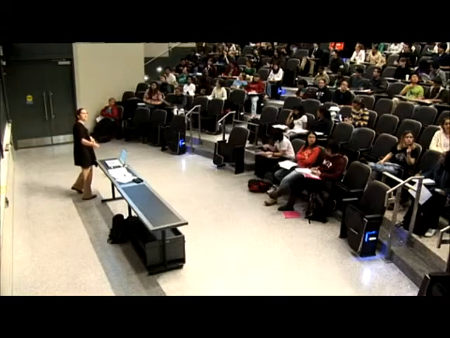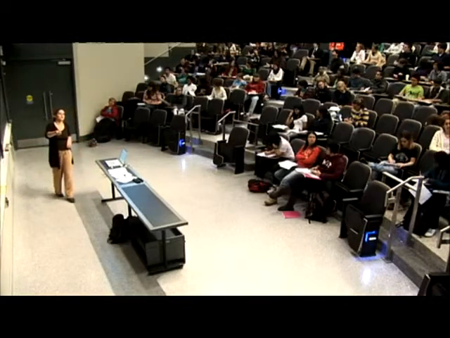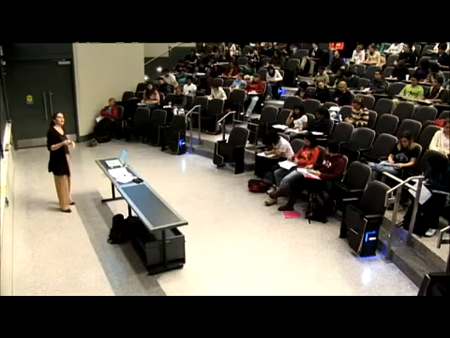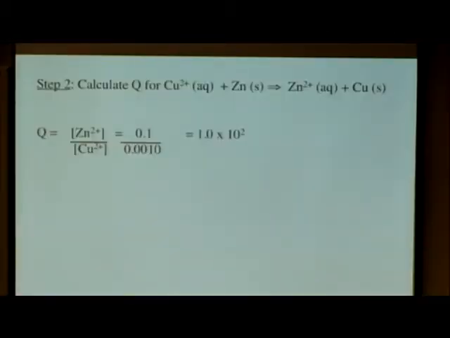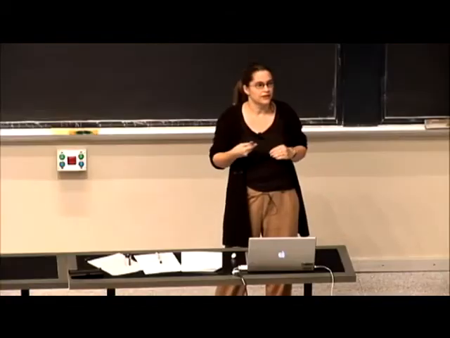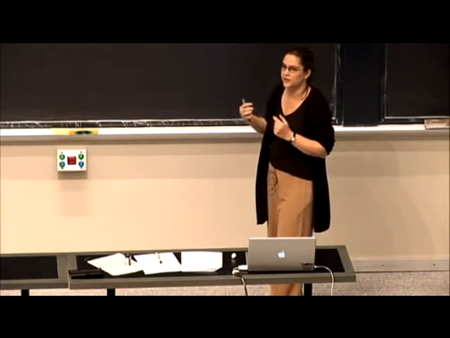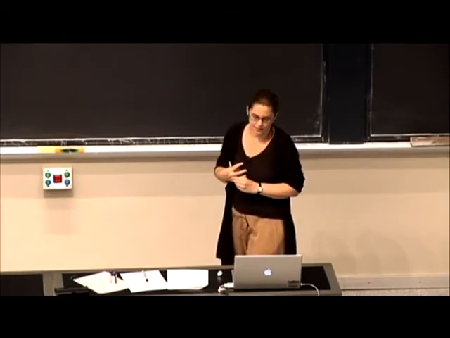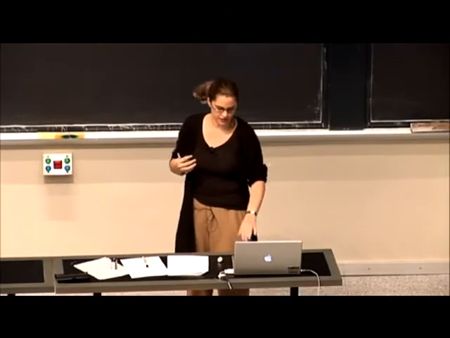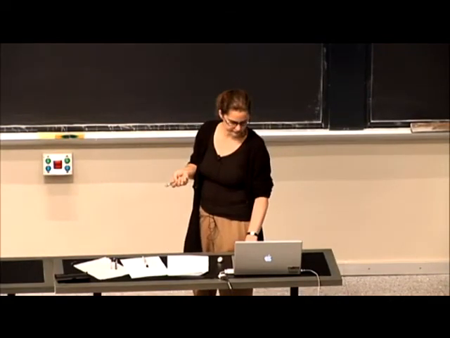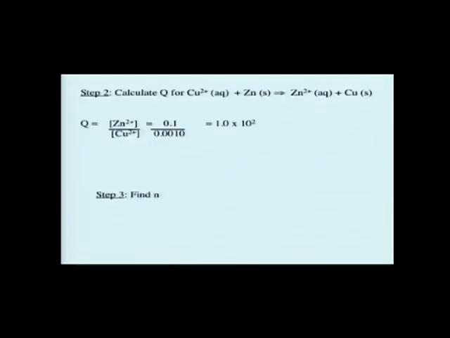So here, if we go back, Q is going to be equal to products over reactants, except things that are solids are not changing during the equilibrium, so we leave those out. So it's going to be concentration of zinc plus 2 over the concentration of copper 2 plus, which gives you a value of 1.0 times 10 to the 2. So just a review of Q. If you need help calculating Qs, we're going to have extra problems for the exam coming up to be posted on Friday. So this will be used in several units. So then you need to know n, and then we have